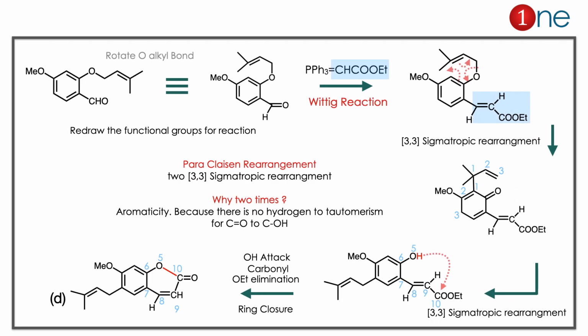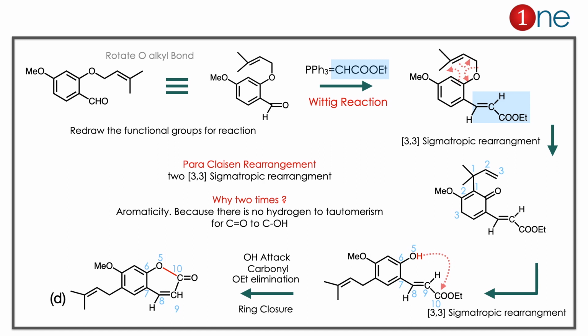The starting material has an alkene and an aldehyde. The reactant is not clear for our further steps, so we rewrite it nicely for the reaction. We redraw the functional groups nicely, as well as the rotated bond. In the first step you are using the ylide there. You have an ylide and you have an aldehyde, so there is the possibility of a Wittig reaction. The Wittig reaction occurs, and you have a side chain alkene there. Here the alkene configuration doesn't matter because the final product doesn't have any specificity there. So you have an alkene. On the other side you have the allyl ether, which is involved in the Claisen rearrangement.